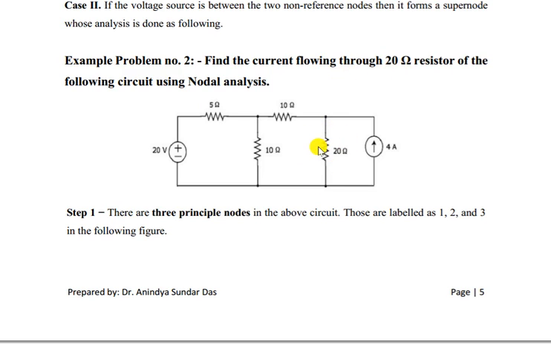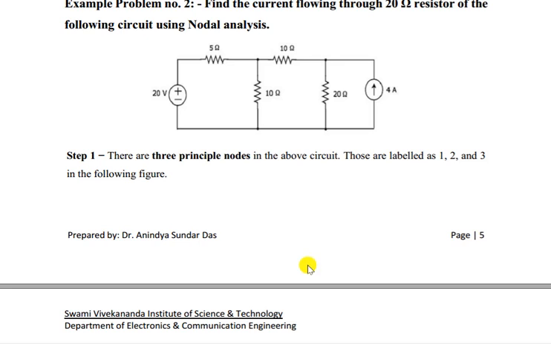Using nodal analysis, the first point is you have to assign the nodes. Now which one should be your reference node? You can assume this one as the reference node, or this one, or this one, but which one? Always try to see where the voltage source is. One end of the voltage source we have to assume as the reference node. Then if this is 0, this node will be nothing but 20 volt. 20 minus 0 equals 20 volt.